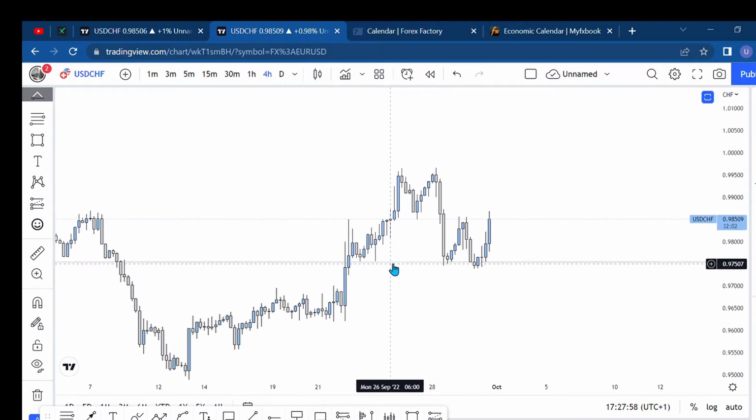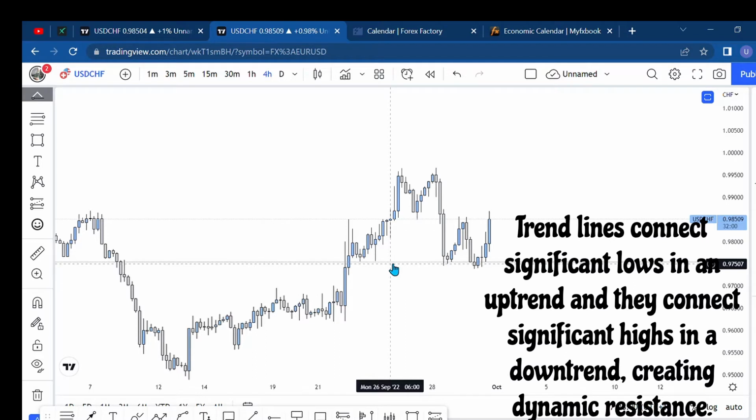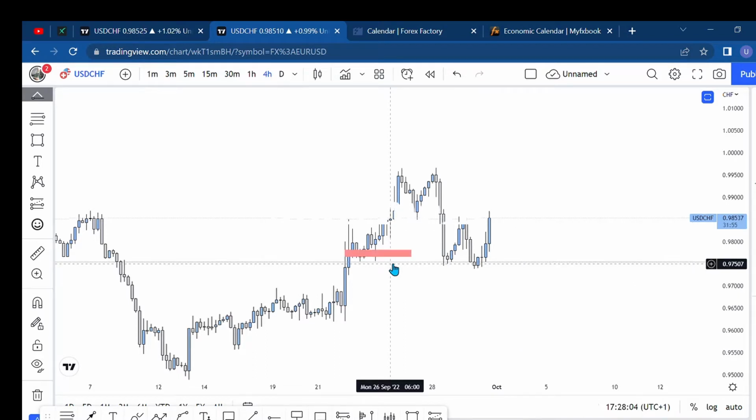So what is trend line? Trend line is basically a line where we expect price to either bounce off from, like, tap the trend line and continue buying, or tap the trend line, retest the trend line and sell off. What do I mean by that? Let's take for example,